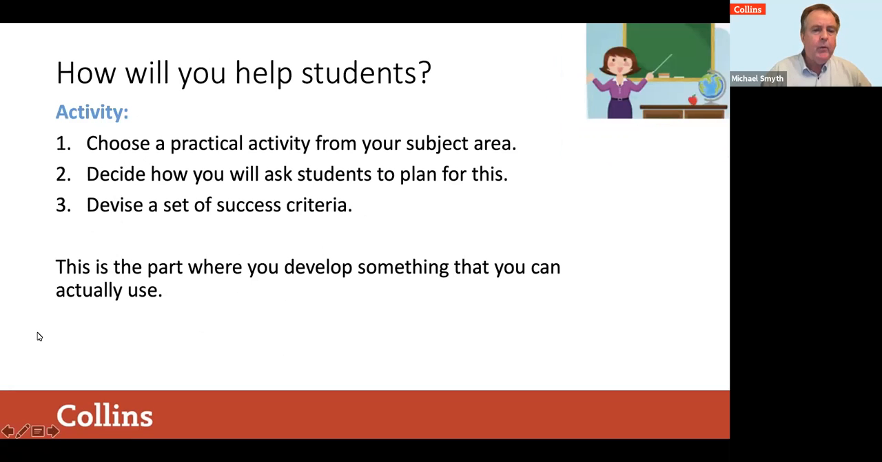Okay, so this is the bit where, if you participate in this, you can end up with something that you can start using pretty much straight away. So I'll give you a few minutes to think about that. And as usual, you can use the chat box. While we're waiting for people to put this into the chat box,